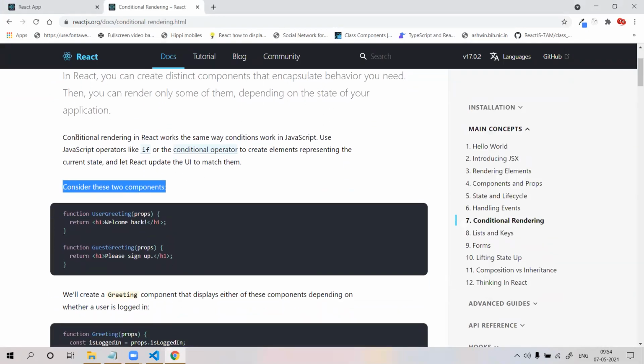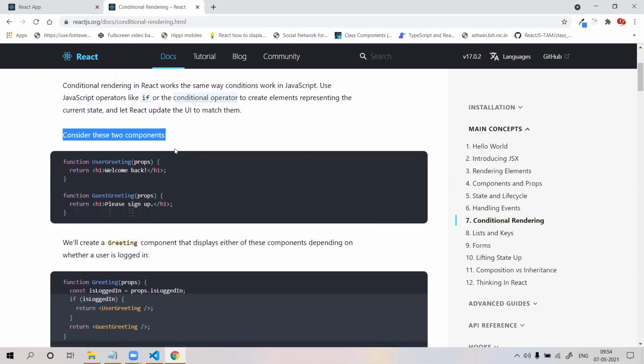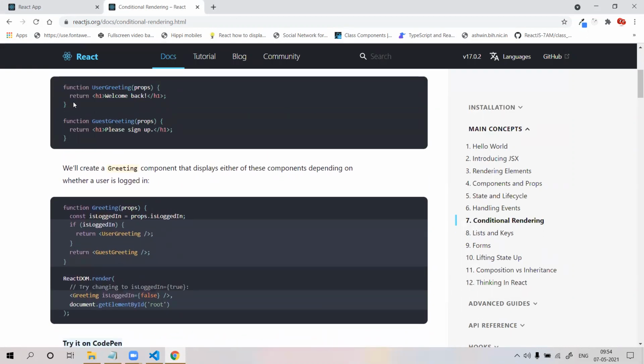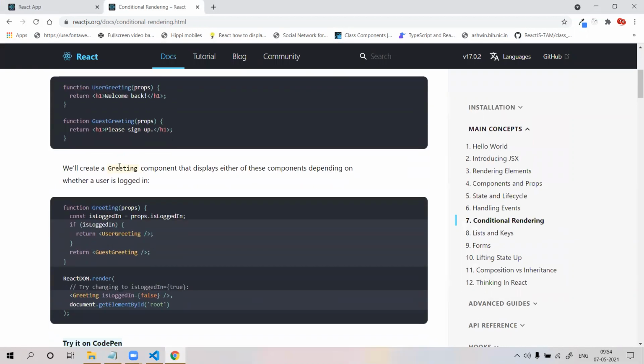The document says conditional rendering in React works the same way conditions work in JavaScript. Use JavaScript operators like if or the conditional operator to create elements representing the current state. How to do this? It creates a greeting function. Consider these two components, the function guest greeting: Welcome back, please sign up.